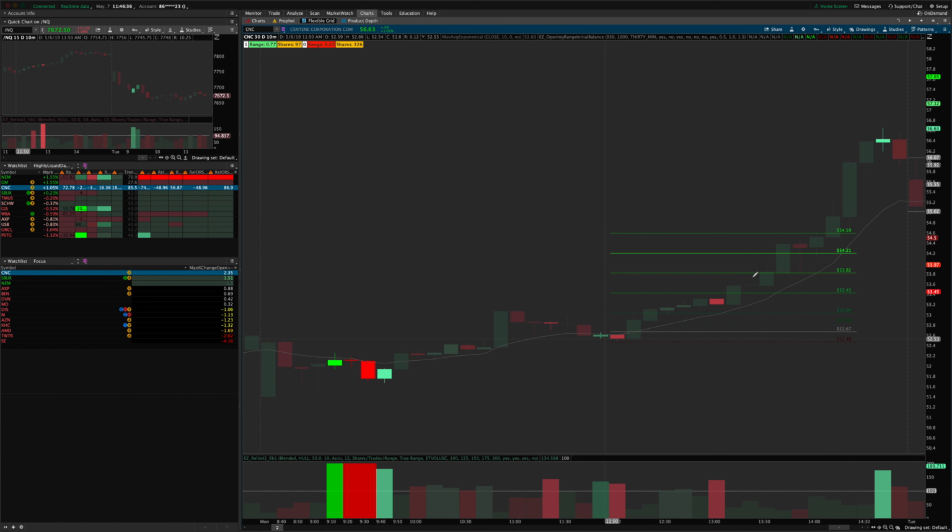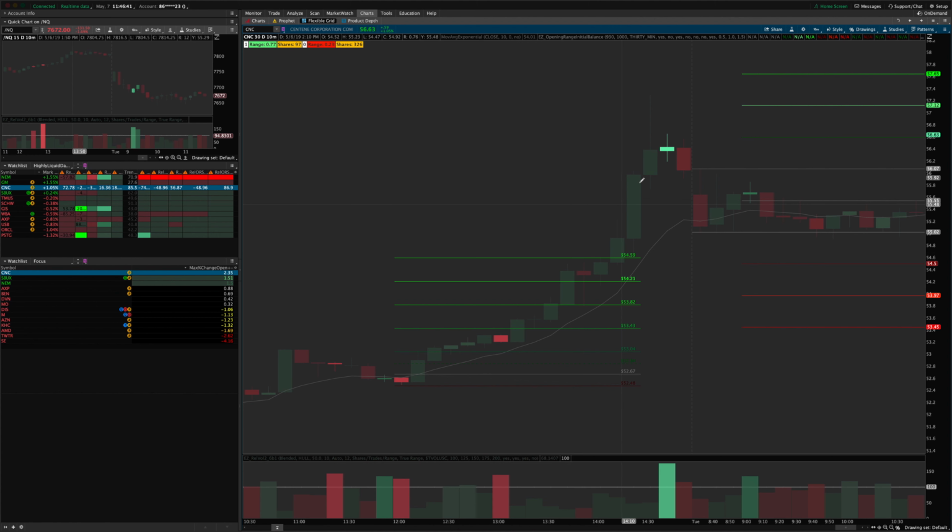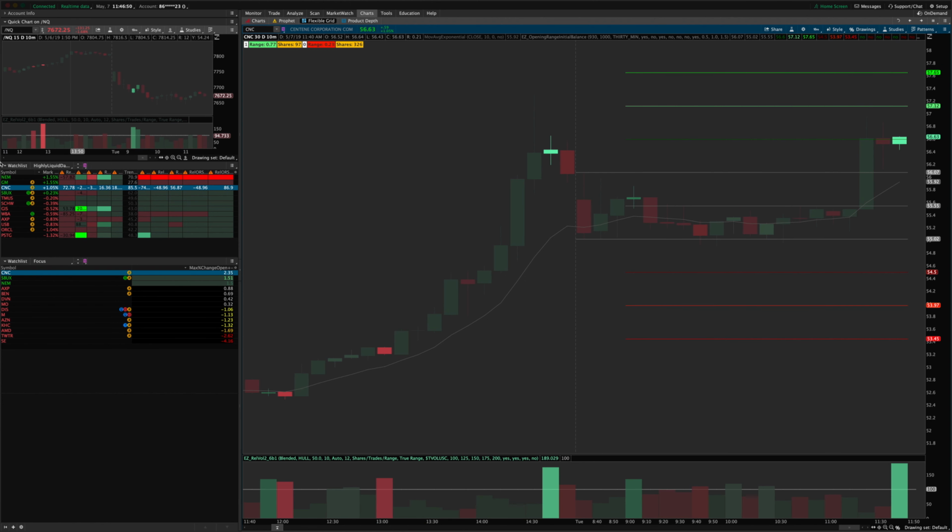And so that one worked really well for my target, and then it just rocketed on higher. So I didn't capture all of that, unfortunately, but it was a really nice trade. So that was CNC yesterday. Disney,